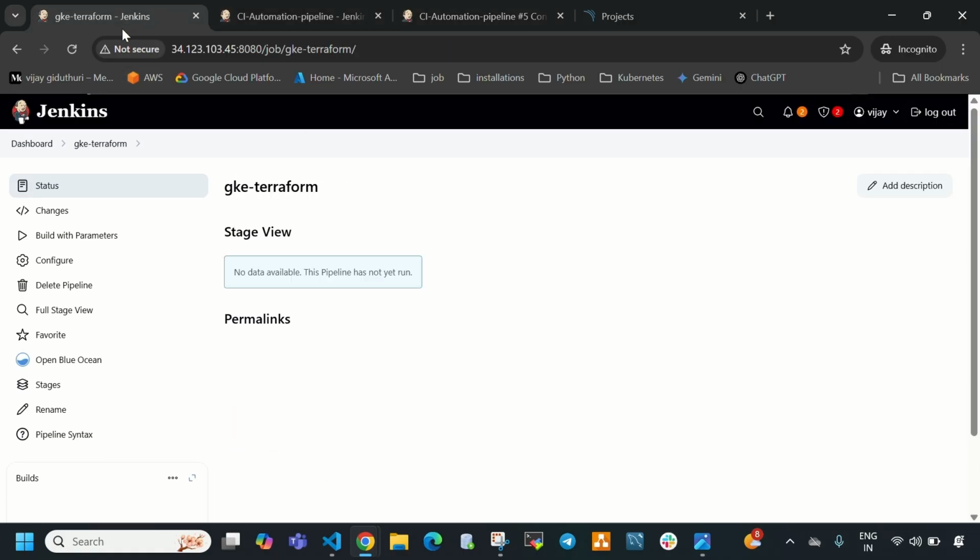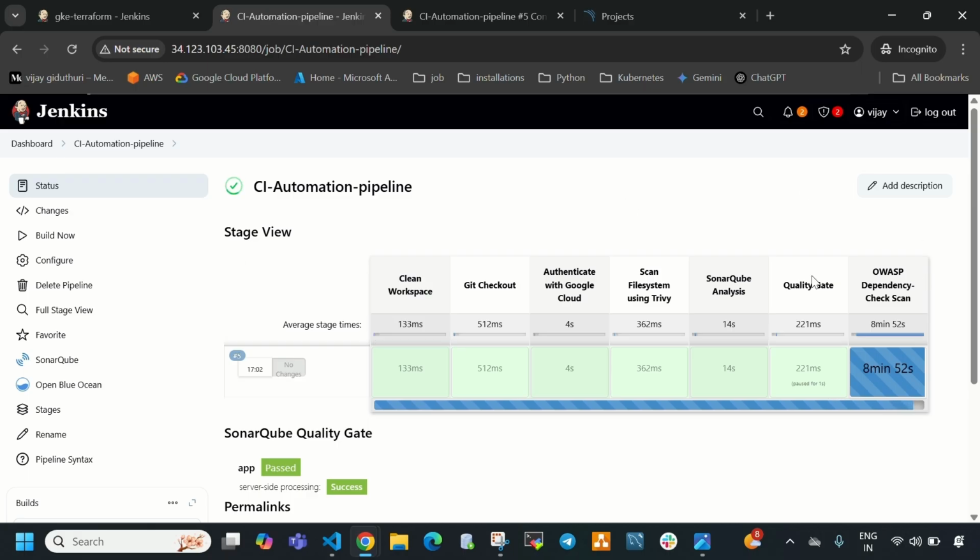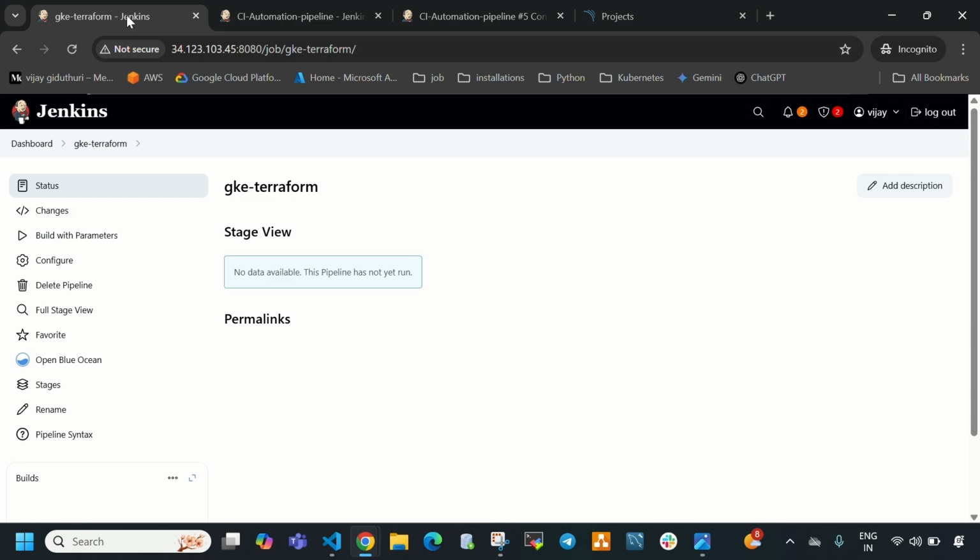When we run this second Jenkins pipeline to provision this GKE cluster, it takes nearly 10 to 15 minutes to provision it. Let me run this second Jenkins pipeline in parallel also, guys. Then automatically at that point of time, the first Jenkins pipeline will be green and the second Jenkins pipeline will be green. So we can save some time. Meanwhile, let me show you